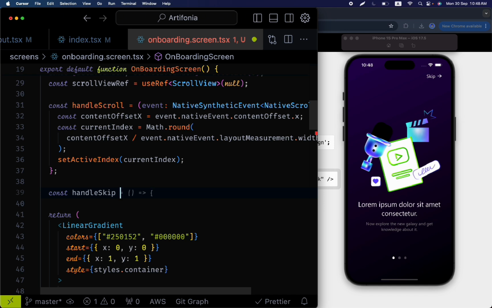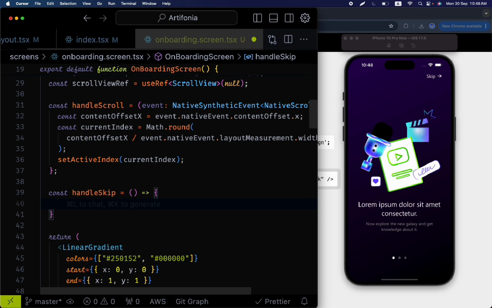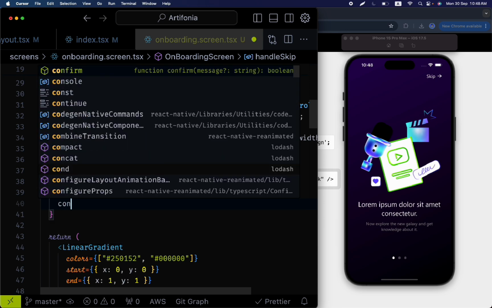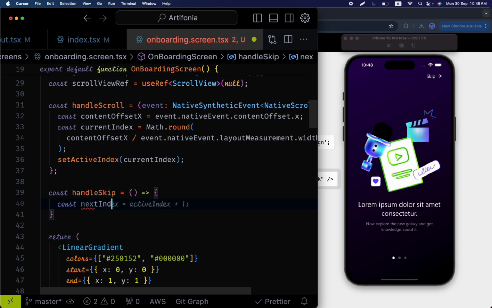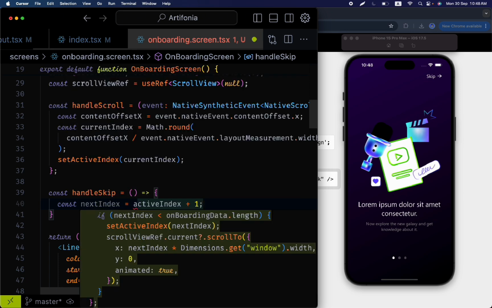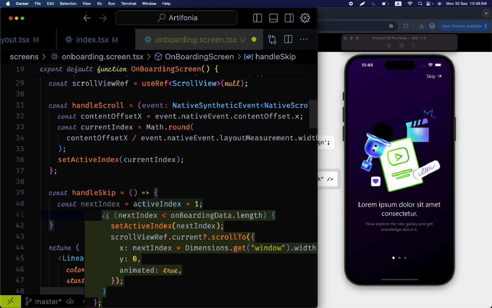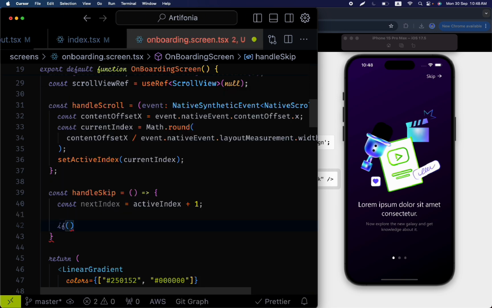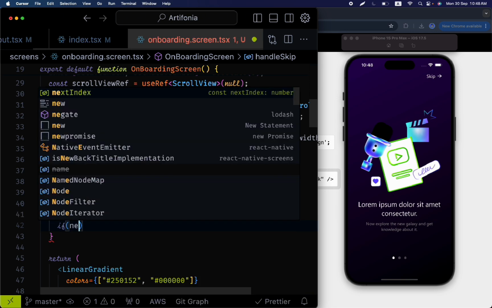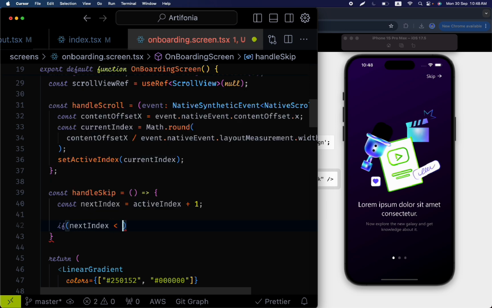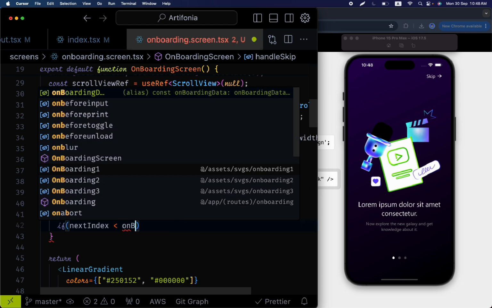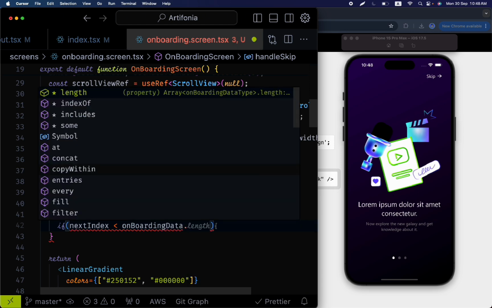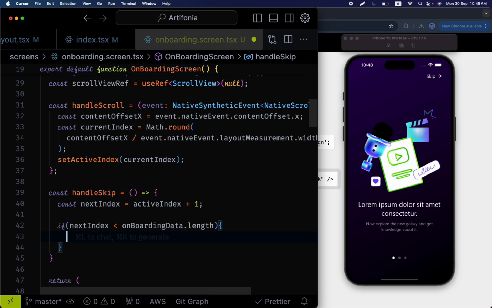Constant handleSkip, make a useCallback function, then constant nextIndex, which will be activeIndex + 1. Then if our next index is less than onboardingData dot length, yeah, then